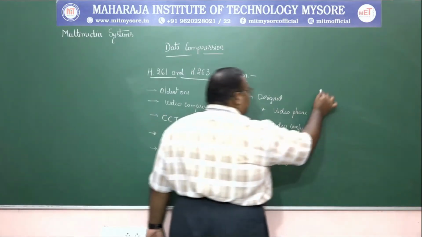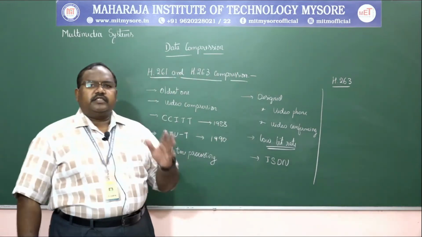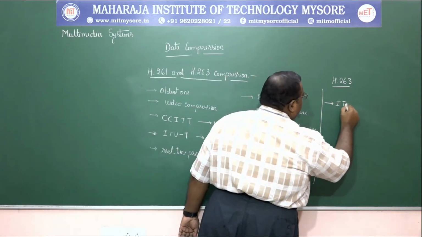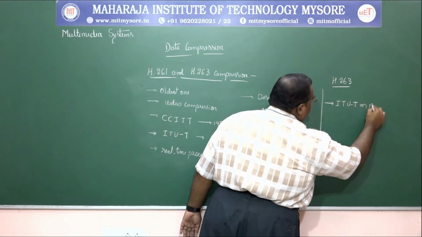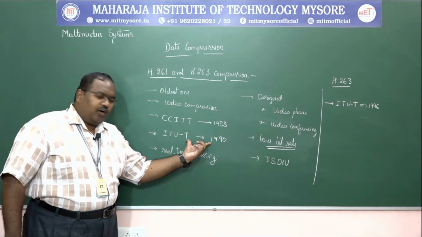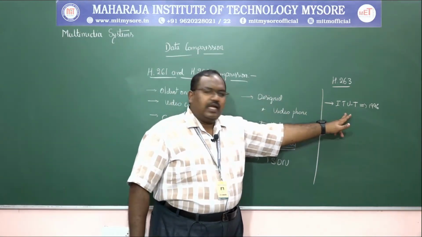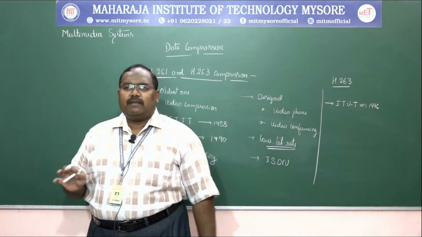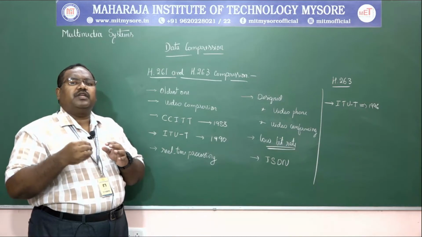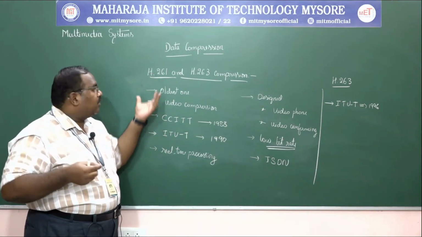Let us look into it here. It is a provisional ITU-T standard published in 1996. See here, H.261 was adopted by ITU-T in 1990, whereas H.263 was adopted by the same committee, ITU-T, in 1996, to replace it for some kind of application. Some applications needed some improvements with respect to this technology, so with slight improvements over H.261,